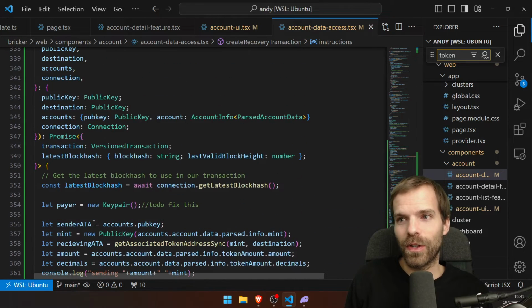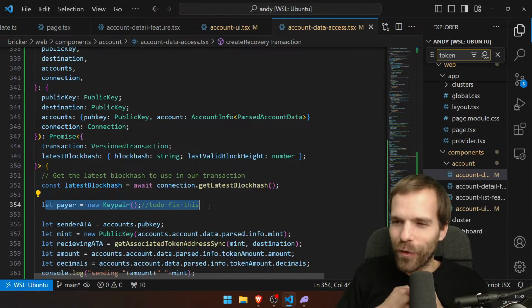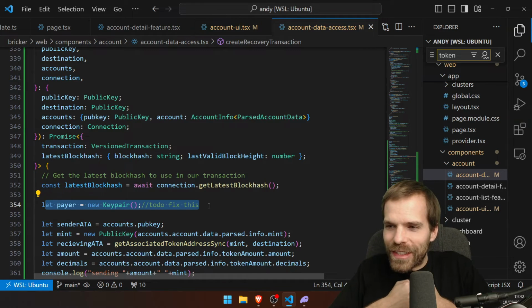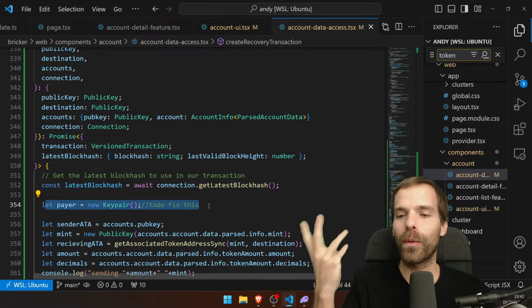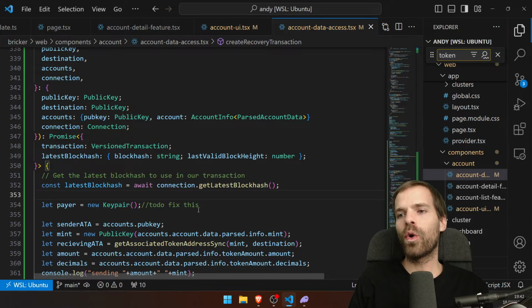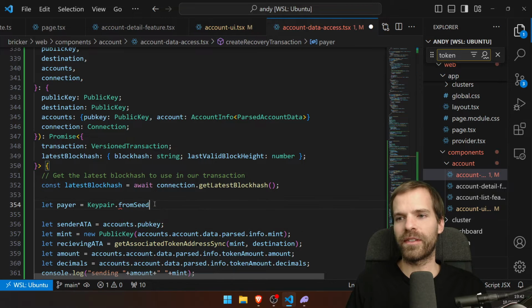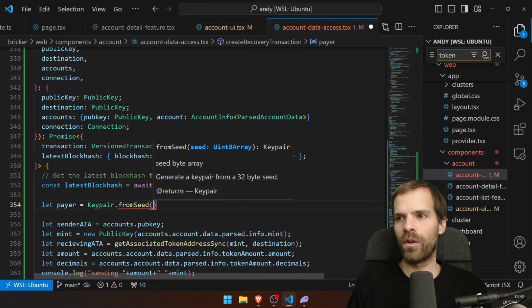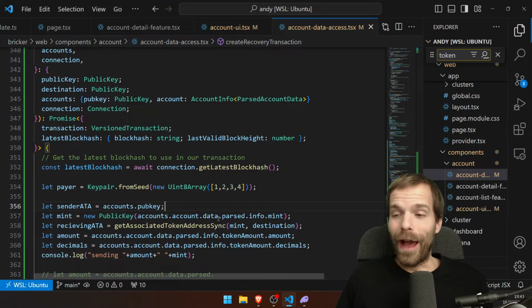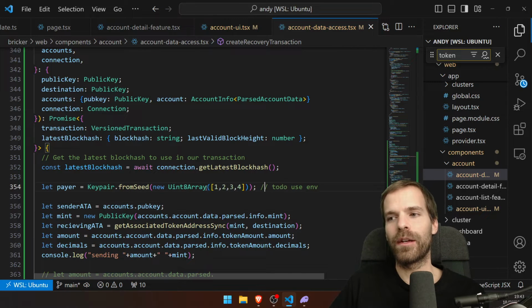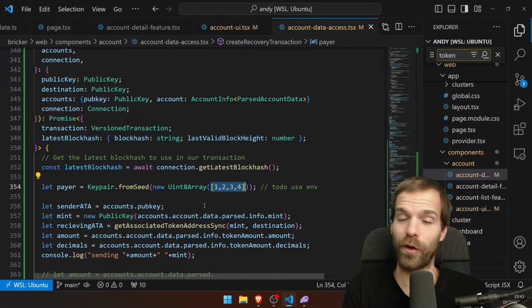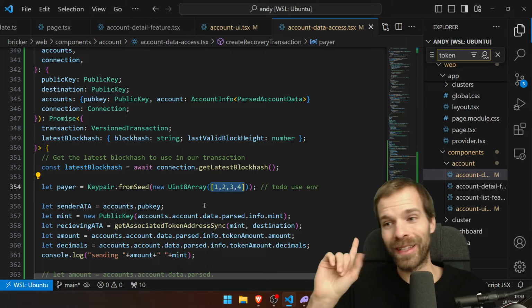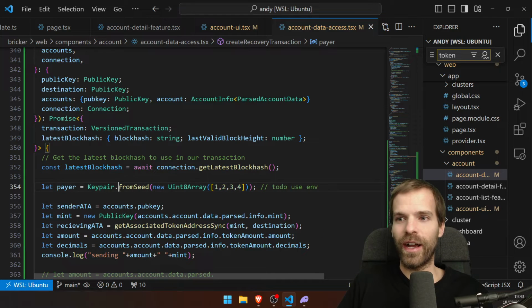Now is a good time to talk about who's paying for this, because we still need a key pair that can actually sign. That's the whole point of creating this. So I'm going to just create one from a seed. For now, this is what I'm going to do. Later, I will get a seed from something such that you can't just read from the source code what the key will be. But for now, this will suffice, and we